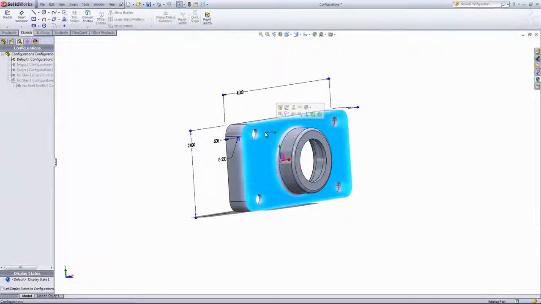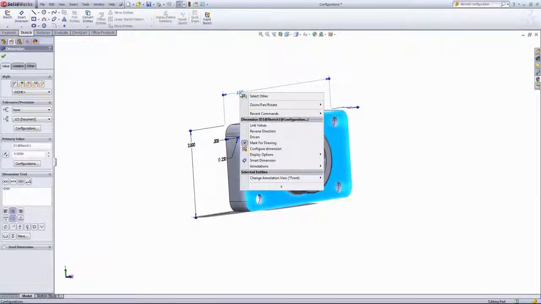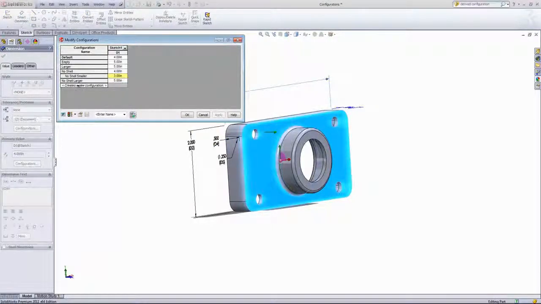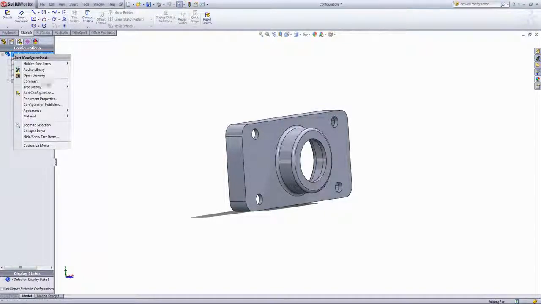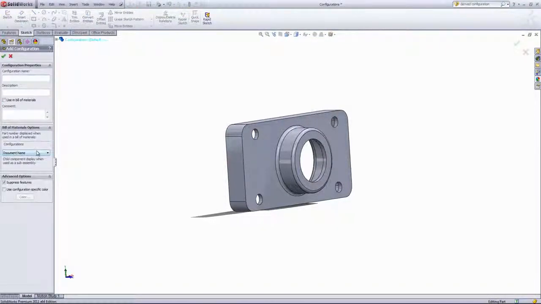And if you right click on a dimension now, you can also configure the dimension just like we were configuring features. Lastly, when you create a new configuration from the Configuration Manager, you have an option at the bottom called Suppress Features. This suppresses any new features added in other configurations. So if I uncheck this, and I'll go ahead and call this unsuppressed,